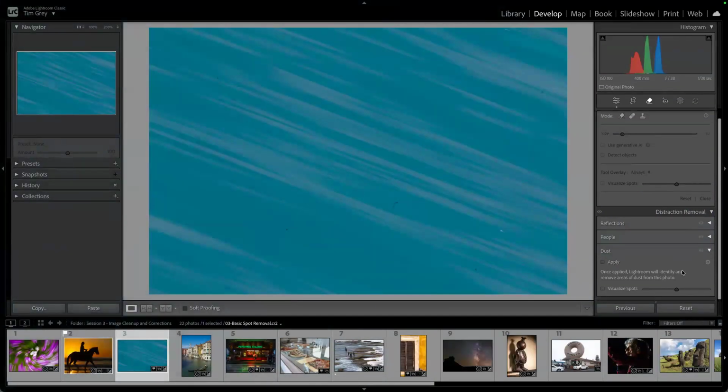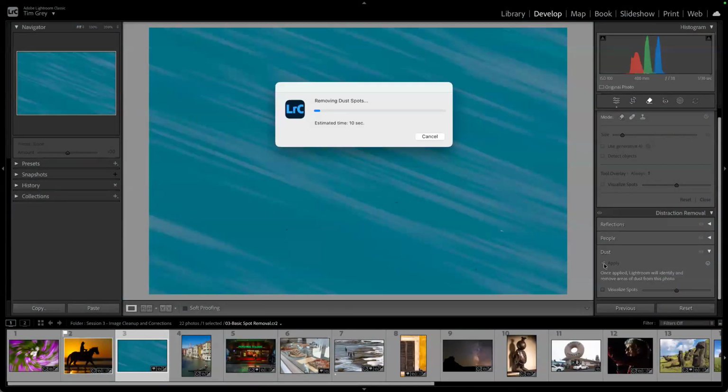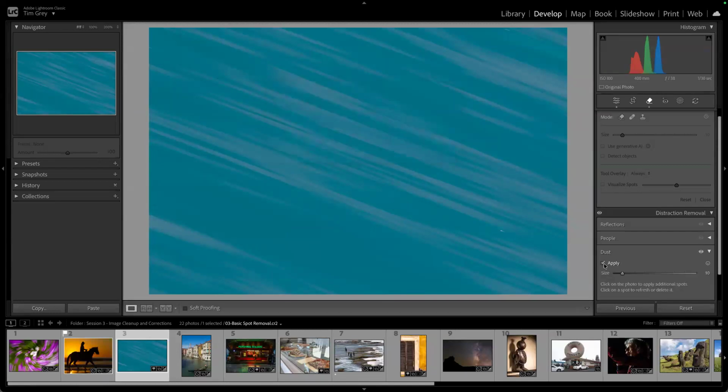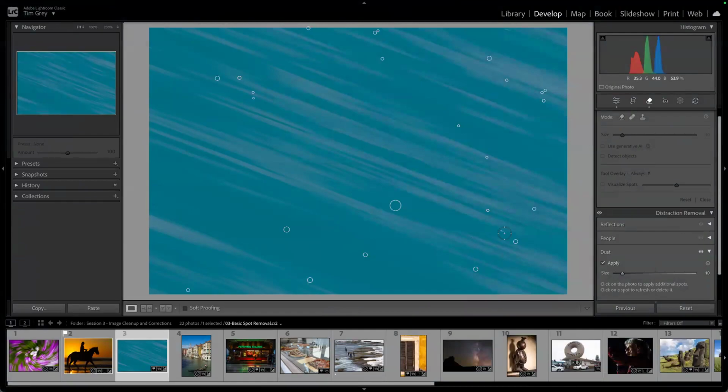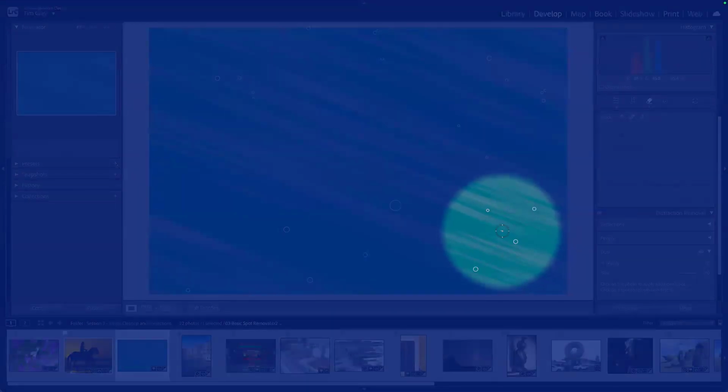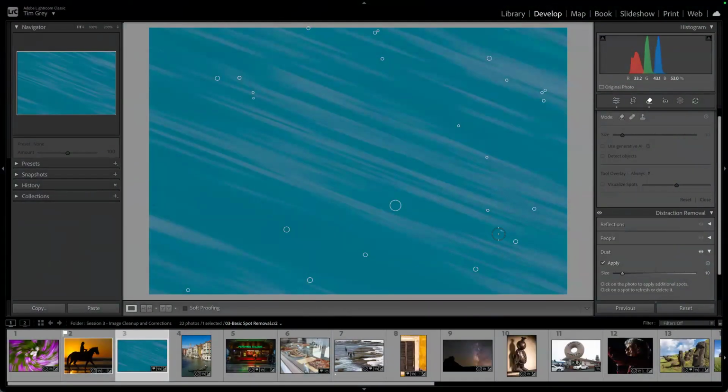So I'll show you a few examples of distraction removal just to kind of give you a taste if you haven't already. So again, dust is new. I'm going to just turn on the apply checkbox. It will process. And it did very well. You might notice there's a spot it missed right there. This little bright spot to me is a blemish. I would have cleaned that up, but it did not. But as I hover over, notice all those little circles of all the dust spots that it found, and all completely automatic. One click of the